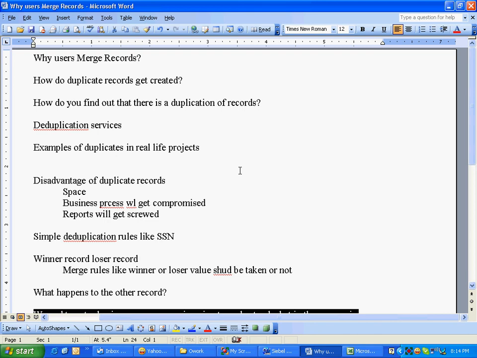Sometimes users ask for it, sometimes they're intelligent, they can understand the complicated rules, and they want to go the extra mile to make sure the winner record gets all the value. They basically do copy-pasting to make sure the winner record is good, then they merge it. They do that too, but that's like 1 or 2 out of 10. You will see merge record functionality enabled in Civil. All right. So anyway, we didn't just talk about the merge